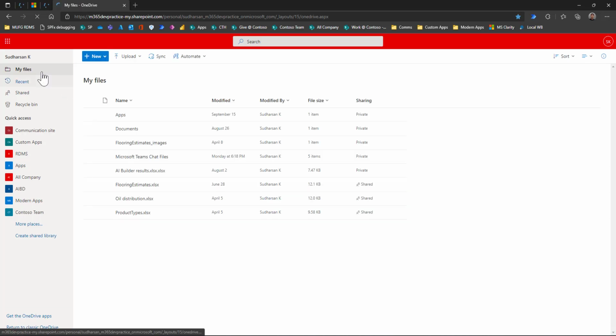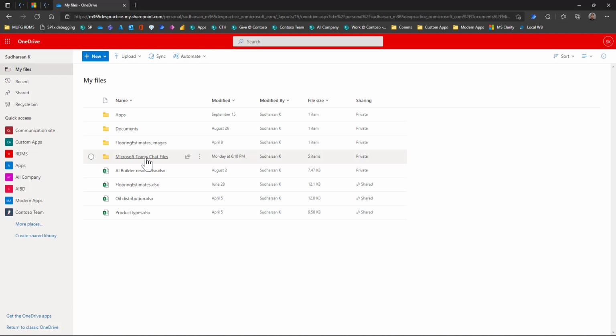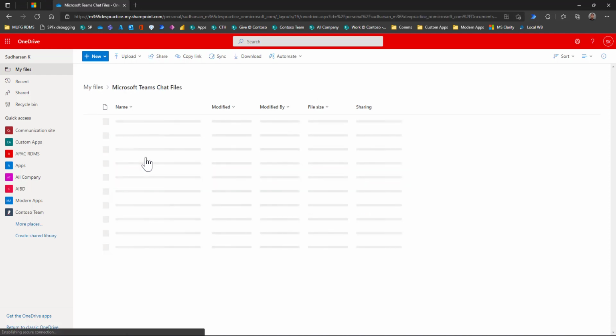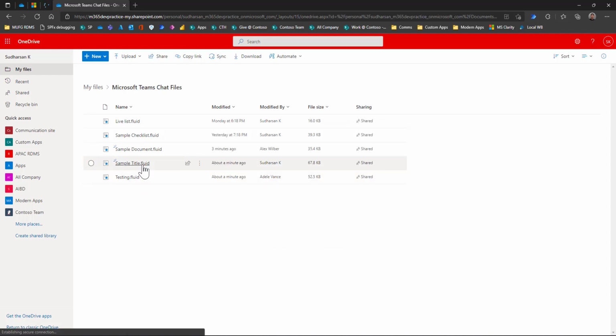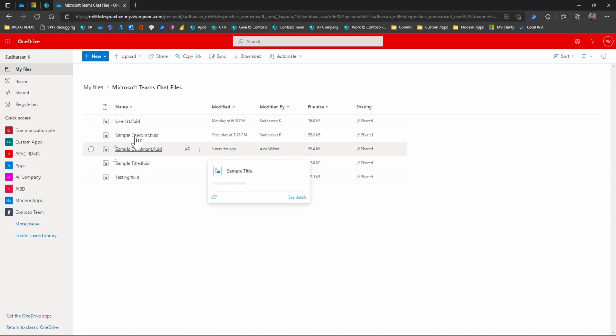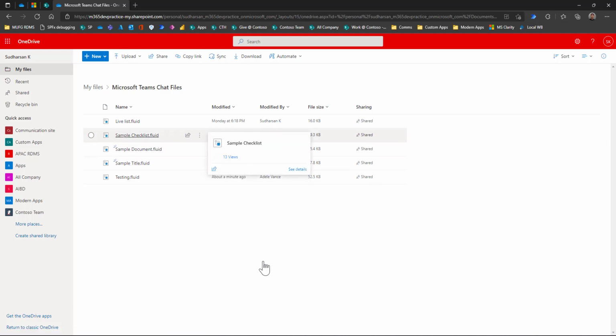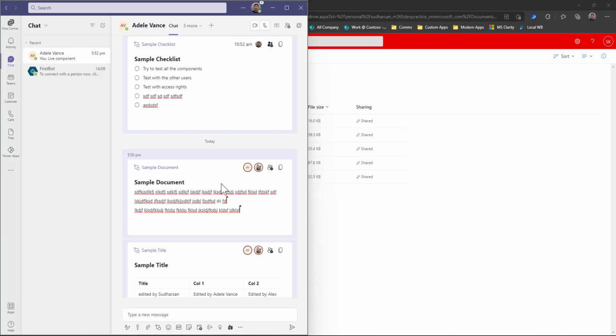So when you go to your personal OneDrive, My Files, you can see Microsoft Teams chat files, and when you click on that folder, you can see the Fluid file. So this is the Fluid file which I have created.